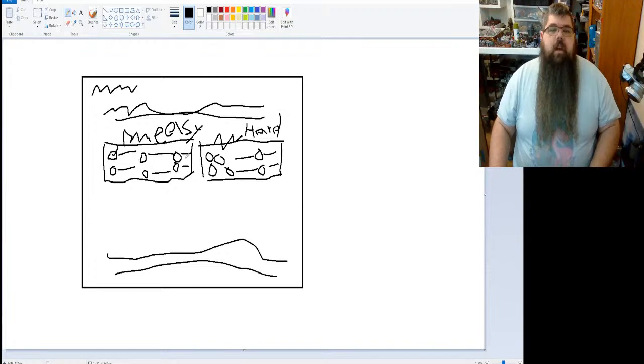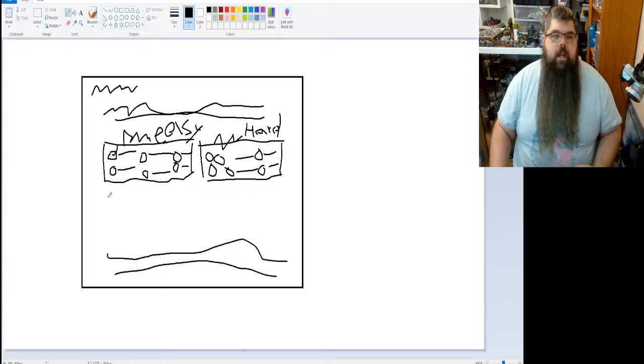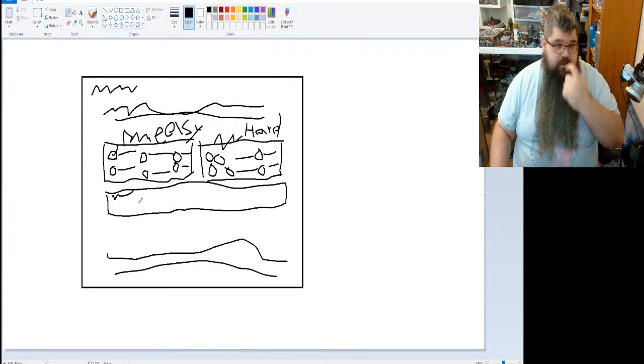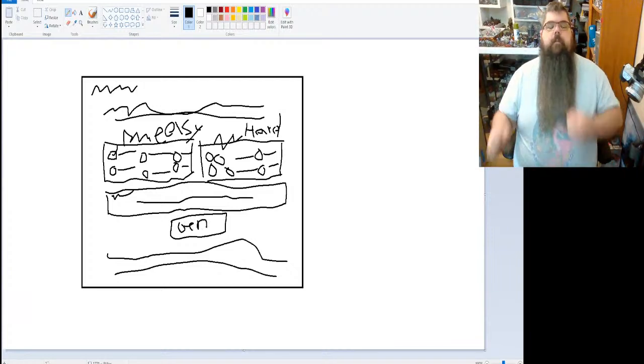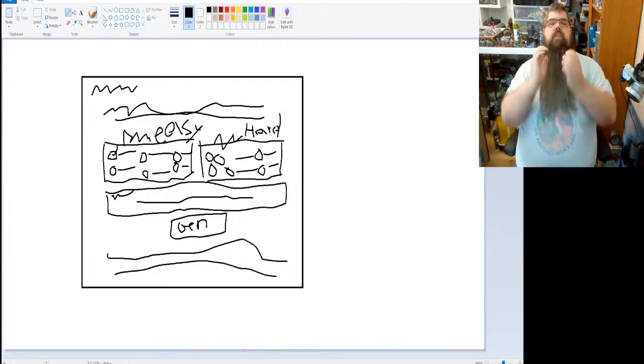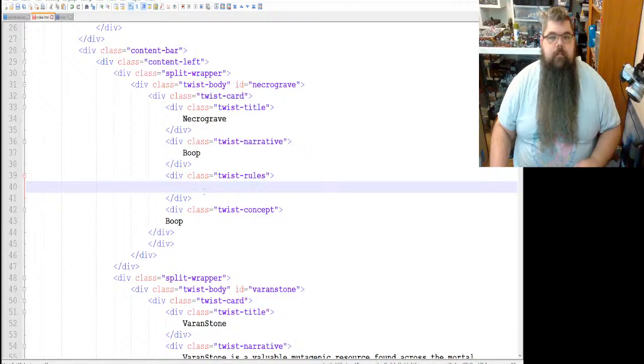All right, so these are going to be user customizations here, and then underneath of that, we're going to have a space for an action, right? It's going to have a little title, and it's going to tell you what they're going to do. And then we're going to have a big generate button just right in the middle. All right, and that should be good enough for super simple what this is going to do. Okay, so this is, let's say, 1, 2, 3 boxes. So let's go put those boxes in.